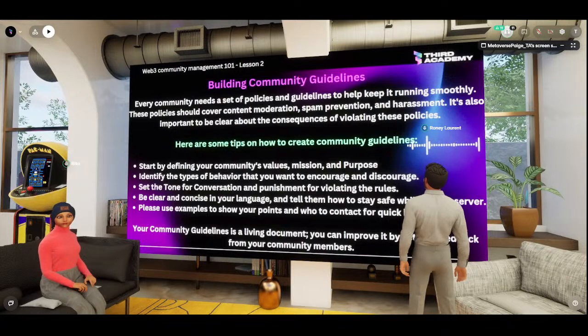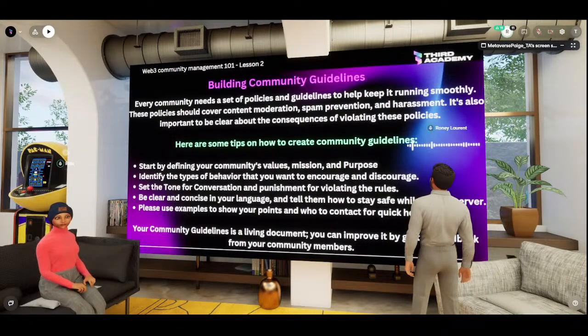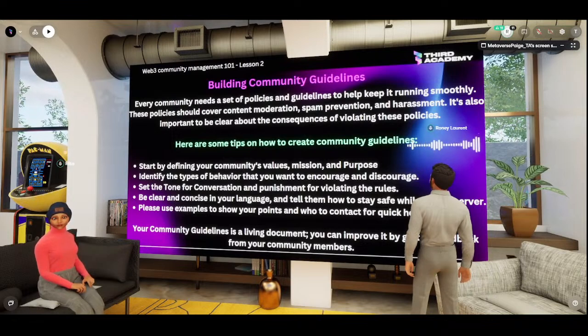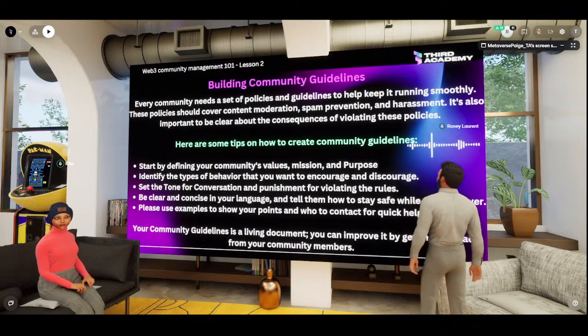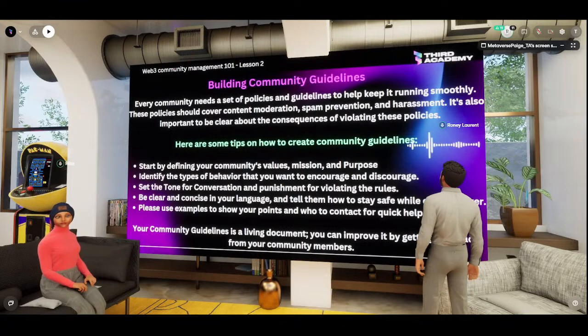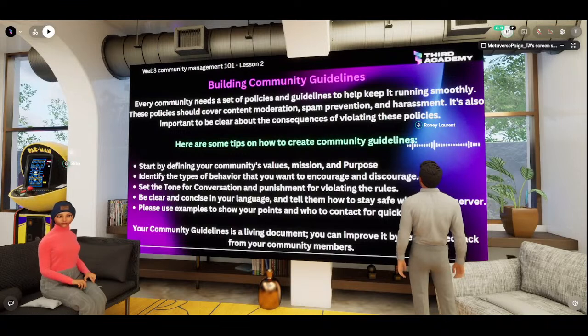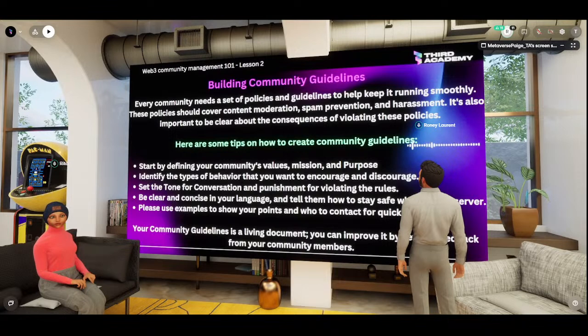So some tips that you can use, you can start by defining your community's values and purpose, right? And then you also want to identify the types of behavior that you want to encourage and discourage.